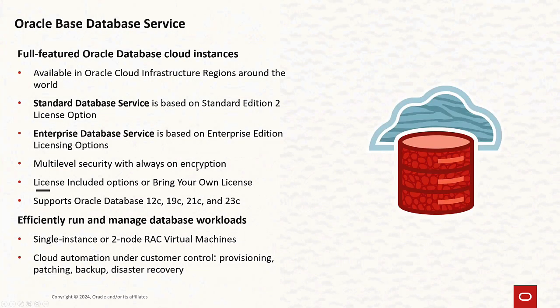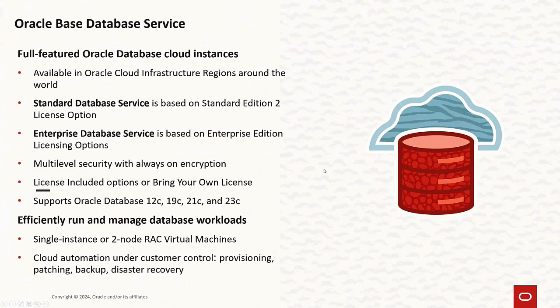And so lastly, for support for 12c, 19c, 21c, and 23c, you're going to have support for all of these database versions with a small caveat on 12c. For some of the early versions of 12c, there is not CDB PDB architecture. So for your 12c support, it's going to support all versions of 12c that are in the CDB to PDB architecture model. For some last bits, you have the ability to run single node or two node RAC virtual machines,